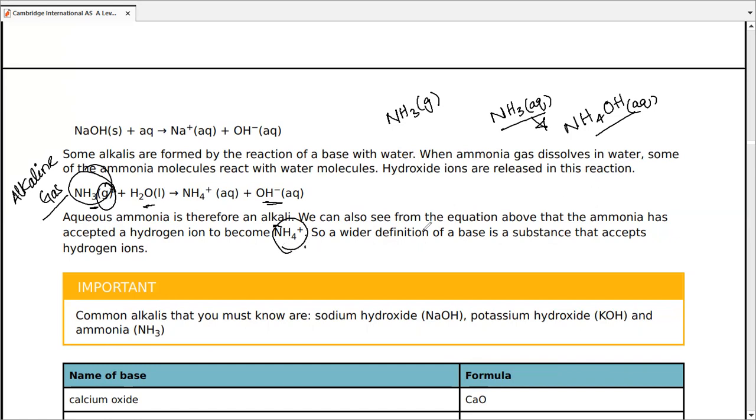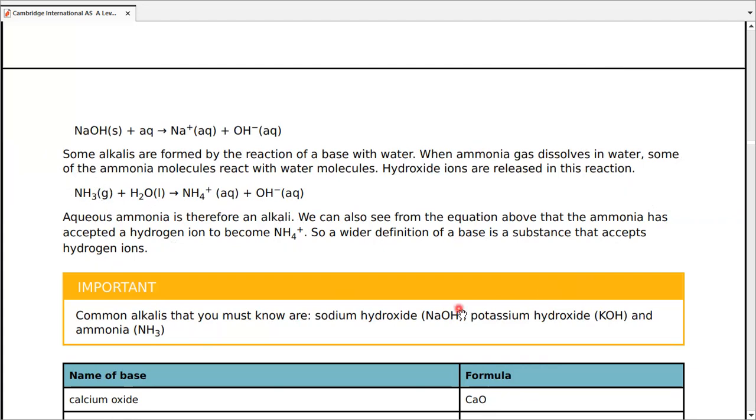ठीक है, और हम जानते हैं NH4⁺ ammonium ion है और ammonium ion water से hydrogen ion लेकर, accept करके बनता है। सो हमने base की एक wider definition start कर दी कि वो जो hydrogen ions को accept करे। ये वही concept है जिसको मैं अभी Lowry-Brønsted concept का नाम दे रहा था, जिसमें acids को हम define करते हैं कि वो H⁺ के donors हैं और हम bases को define करना शुरू कर देते हैं H⁺ के acceptors के तौर पे। हम उसे OH⁻ के हिसाब से नहीं define करते, हम उसे H⁺ का acceptor कहना शुरू कर देते हैं। Ammonium ion की formation या ammonia के लिए base का word use करना वो basically इन definitions में आ रहा होता है। तो ये एक और concept, एक और theory है जो इसको explain करती है।